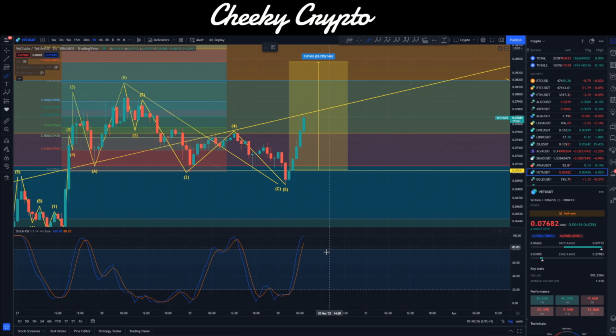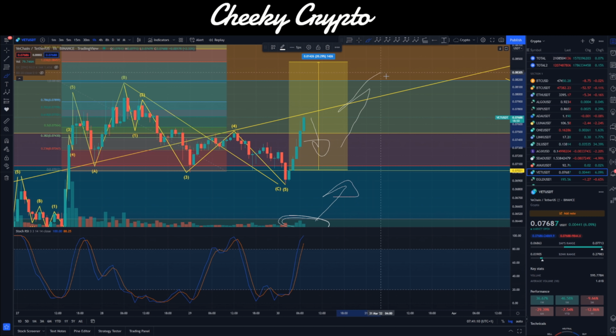That should actually get our stochastic RSI here from overbought to oversold. That will then wipe out that momentum, hopefully. So what we want to do for that is keep this volume down nice and low as we correct. Okay, and then we want to see the volume spike up as we spike up into a 3rd